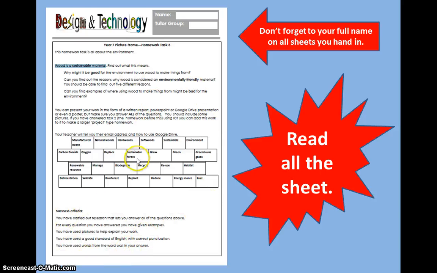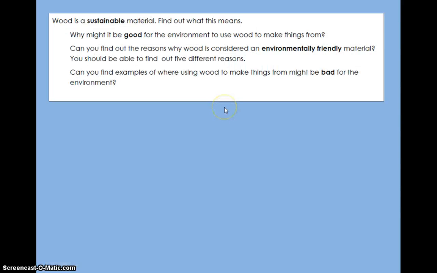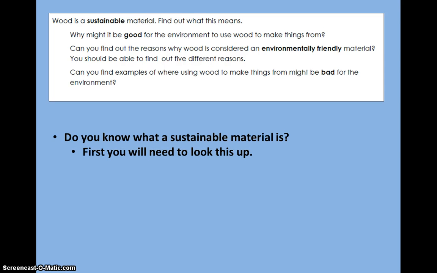So I'm going to go through these, just help you with the questions so you understand. First, here it is. Wood is a sustainable material. Simple statement. Is it a sustainable material? Find out what that means. You will need to look this up, okay? You need to know what a sustainable material is to answer these questions, so you'll first need to look it